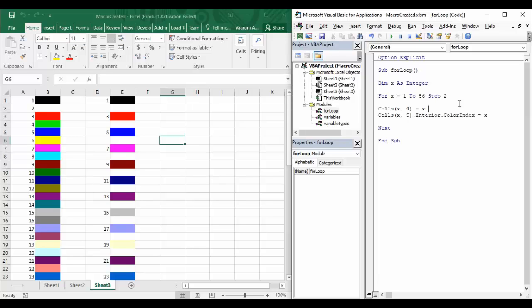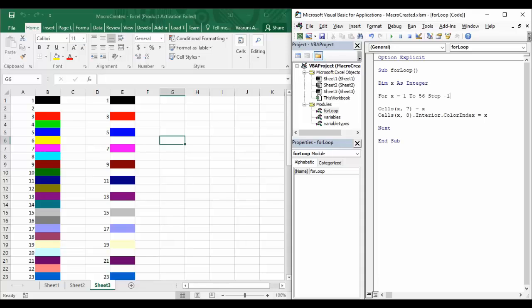Also, you can put a negative value to it, but what is the significance of a negative value? So let's show its application in 7 and 8. If we put a negative value, say -1, then it would execute the for loop in the reverse order. That is, up till now we searched for the values from 1 till 56.